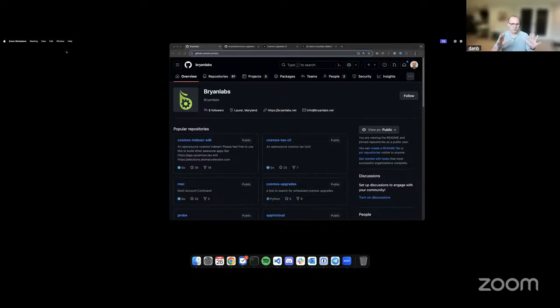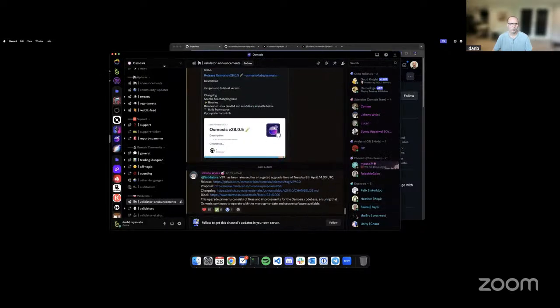Oh, awesome. Hey, thank you so much. And guys, I have a really cool app that I'm excited to show you. So if you're a validator, or if you care about your validators having nice tooling for keeping the chain secure, this is what I'm trying to solve. So chain upgrades right now in Cosmos, there's different levels of being notified of them. I believe what most people do is they watch Discord channels. They see things like, hey, Osmosis has an upgrade on this date, and then they'll go read about it, then they'll prep their infrastructure. As you know, upgrades get delayed sometimes because of the block speeds.